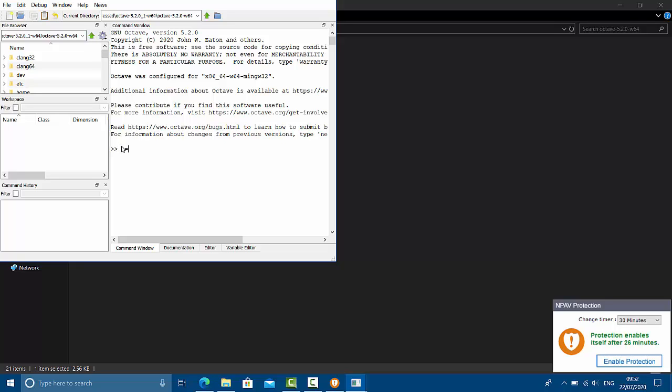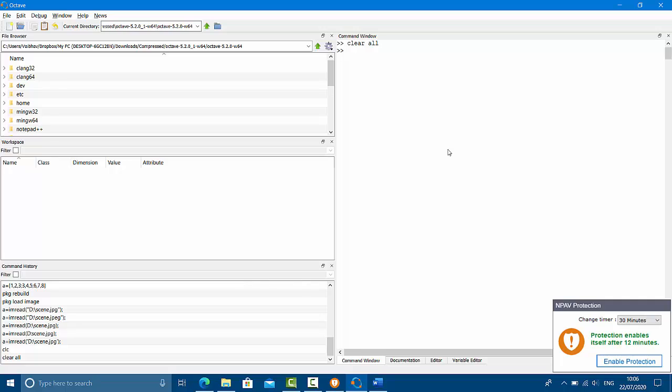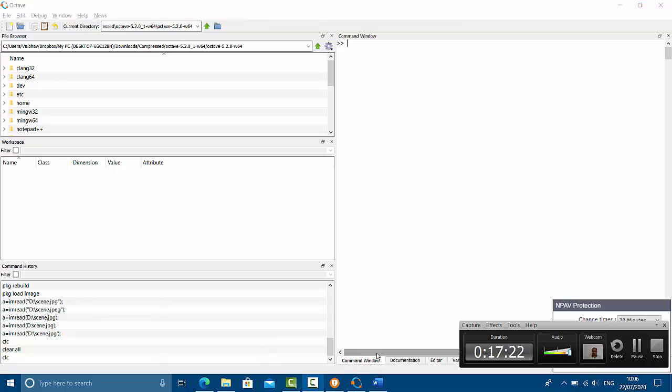So either you can go for a equals, let us say, 10 plus 20. Okay, and when you enter it, you will get the answer. Okay, so right now your Octave has been installed and you are using Octave. Okay, so let us first go for clear all. So it will clear all the contents that you have already used. Okay, fine. So CLC is the instruction which can clear all the data present on the screen. Okay, so this is nothing but your clear screen. Is that fine?